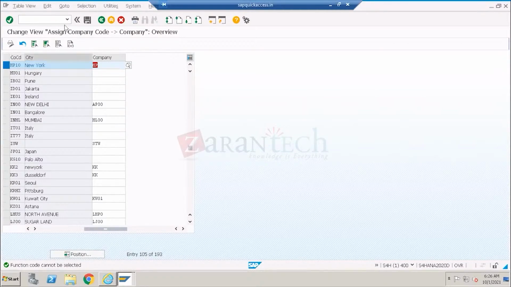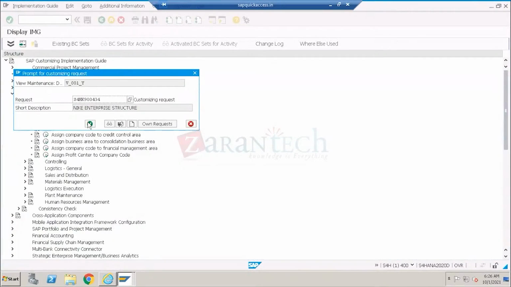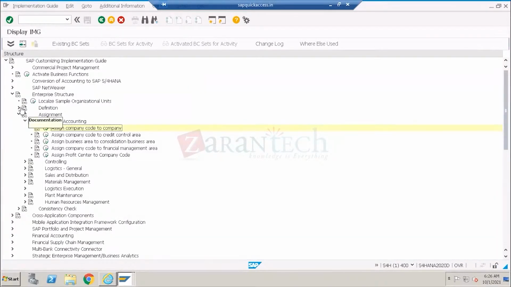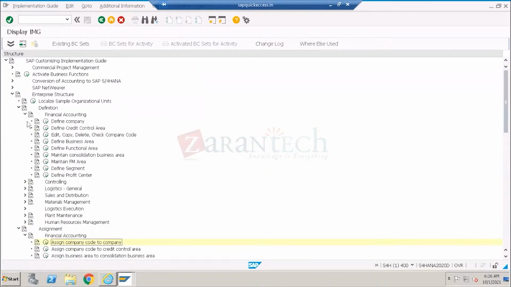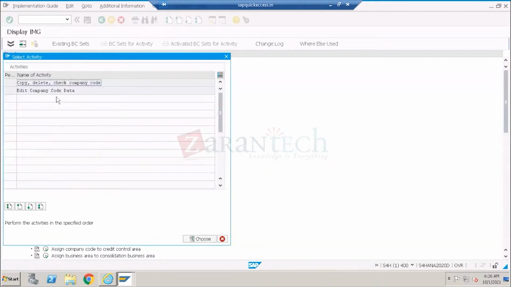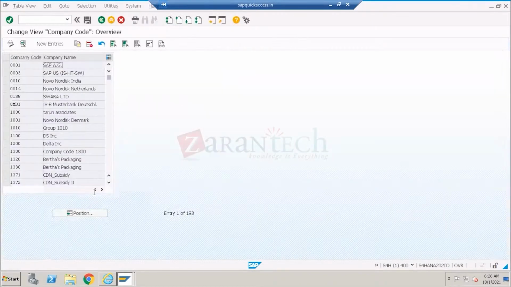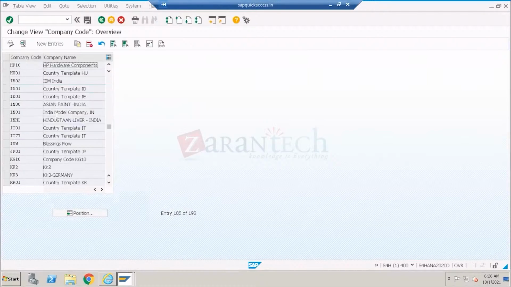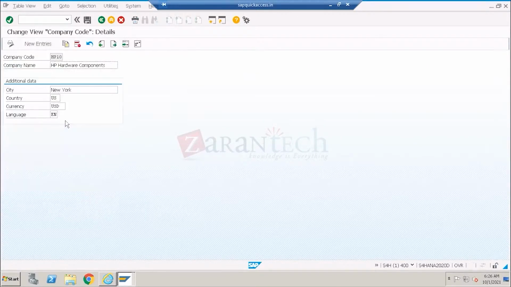Now, once you assign this, I'll tell you what it is. The customizing request, I promised I'd tell you that. Once you define the company, let me go to the company code once again. We already created the company code and the company, and we have done the assignment. Now, if I go to my company code HP10,